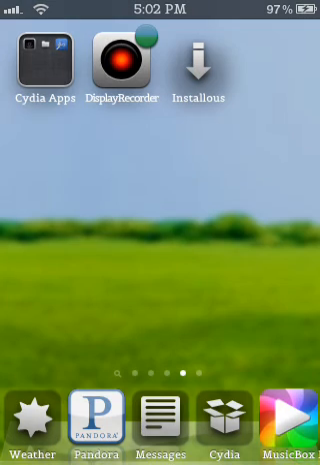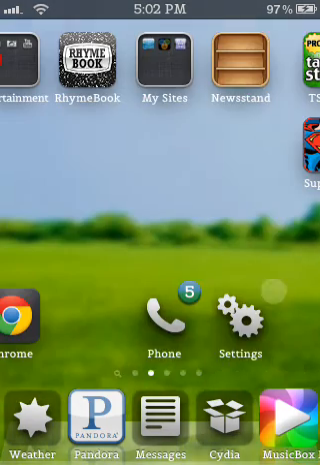Another awesome app that I really like to use is called Music Box. It's down here in the bottom right corner, and I love